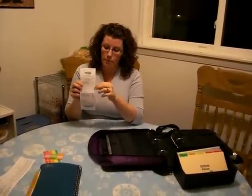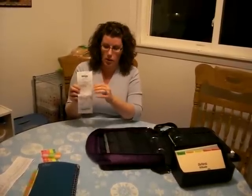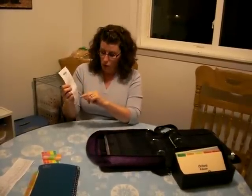Take what you spent and take your savings and add them together. The reason you do that, that's your first step. The reason you do that is this is what you would have spent. The $4 plus the $5.73, this is what you would have spent if you had no coupons or discounts in the store. Add those two numbers together and just write them down. Then what you do is